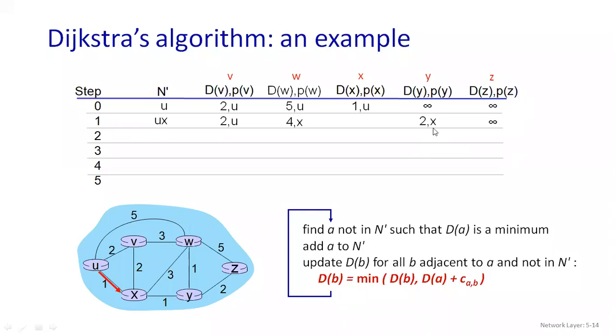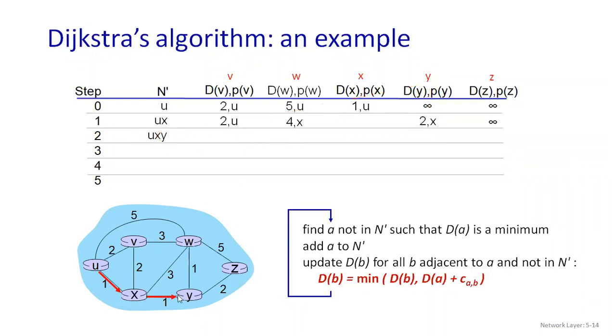I hope everyone is writing the example. Now the next one is Z. Do you have the direct connectivity from X to Z? No. That's why it is infinity. Now you have to find out among your 2, 4 and 2, which one is the shortest one. As U is already present over here, you can see 2 comma U and 2 comma X are the shortest, right? But as U is already attached, we can take a new node. What is the new node now? Y. So Y is going to be attached over here.